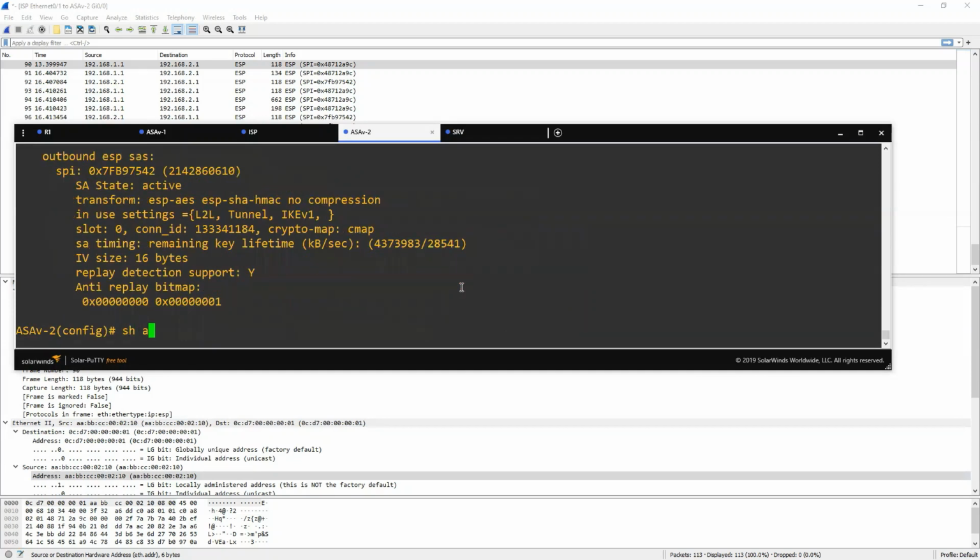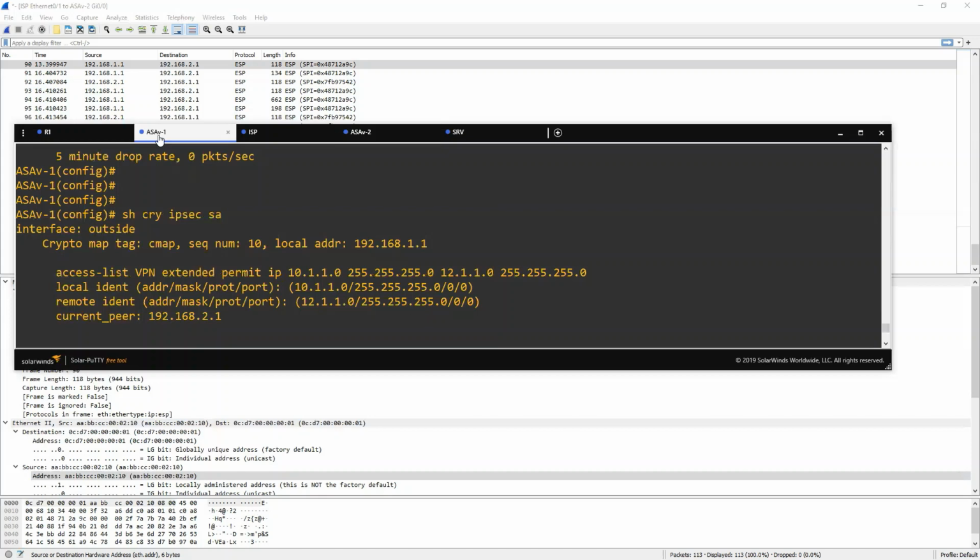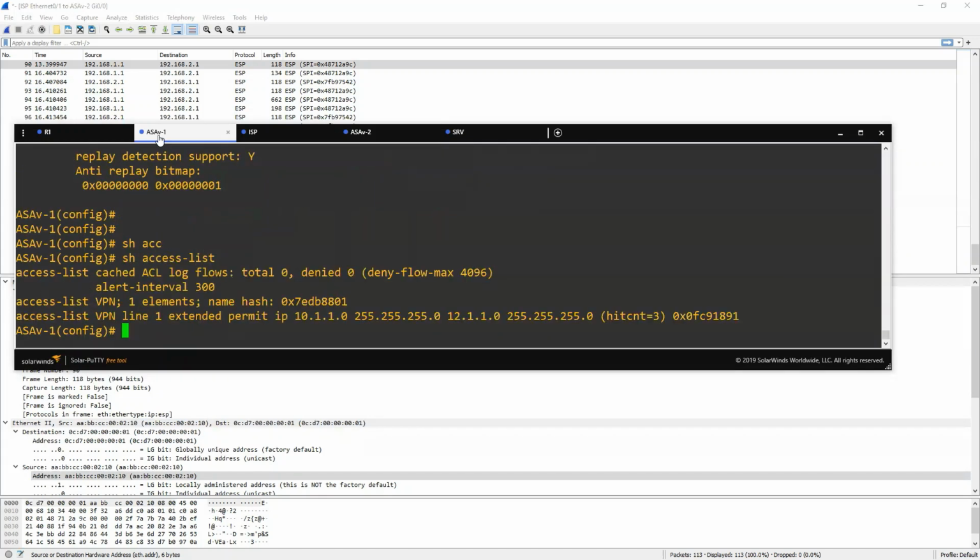And if I say show access list, I see that it has been hitting over here. So with the CLI it works perfectly fine, but I do not recommend the ASDM. But anyhow, we have done the site-to-site VPN with ASA with IKE version 1. I hope this was informative for you, and